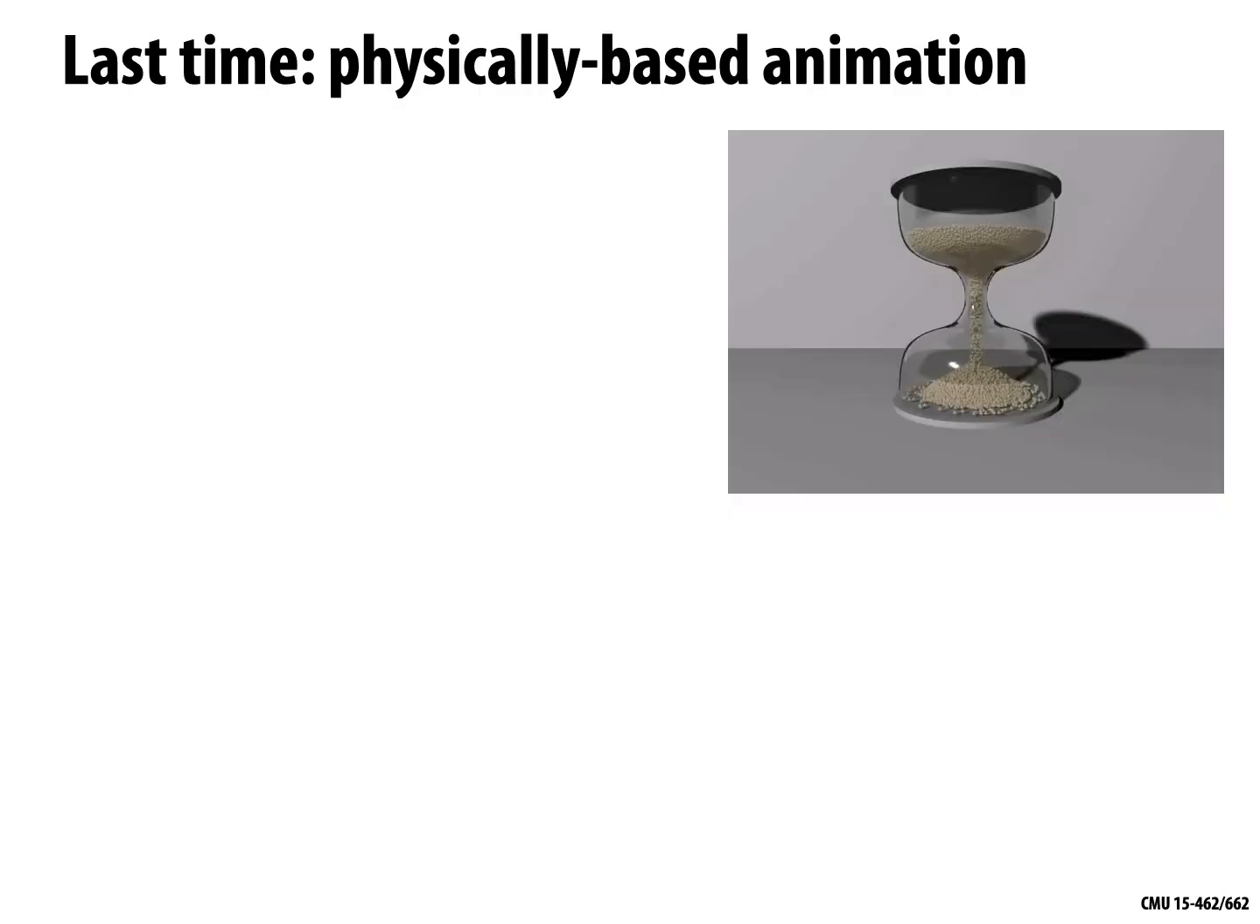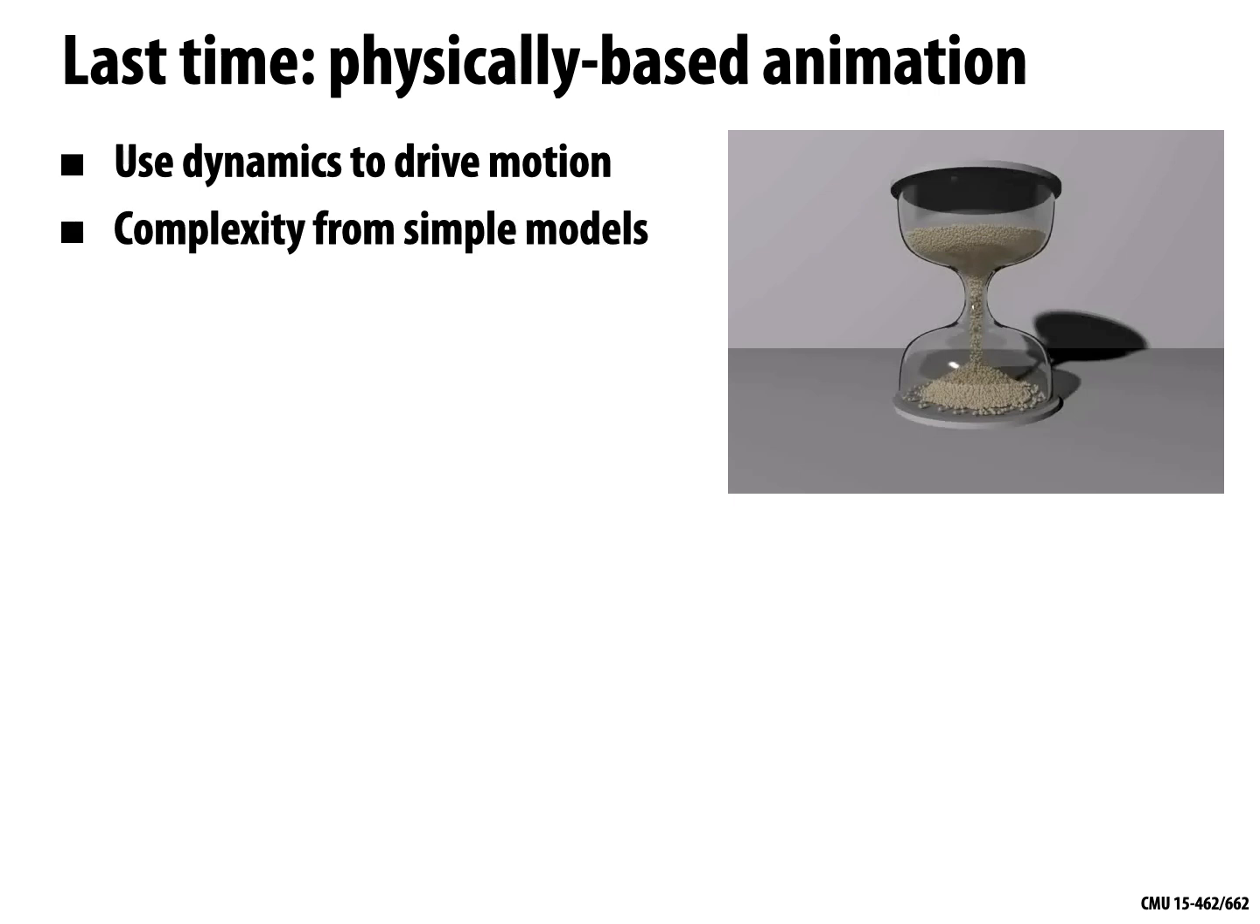So last time we started talking about physically based animation and saying that if we use dynamics to drive motion, then we can get a lot of complexity, a lot of rich and interesting behavior without doing a lot of manual labor, right? Without keyframing lots of different pieces of the animation. And so we really get a lot of complexity from some very simple models, just from essentially solving F equals